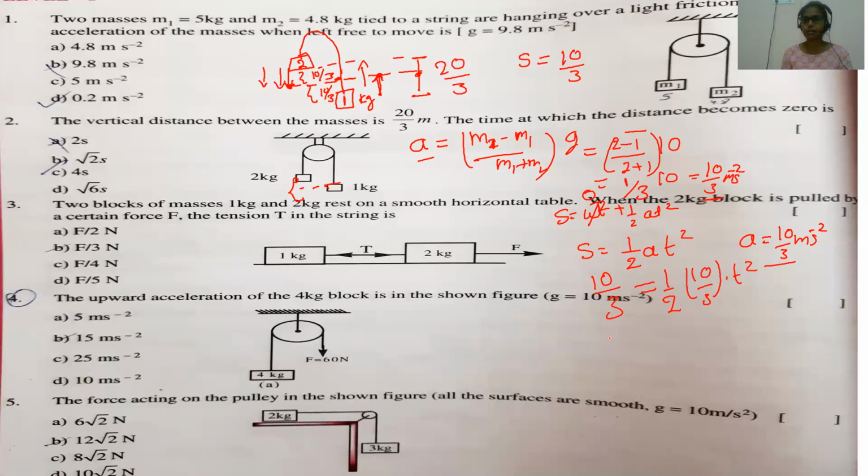Okay, let us simplify this. 10 by 3 is equal to 10 by 2 into 3, 6 will come. 10 by 6 will come, right, children? So 10 by 6, you can simplify what will come. 2 ones are 2, 5s are 5. So what is there here? 5 by 3 into t square is there. Understood, children?